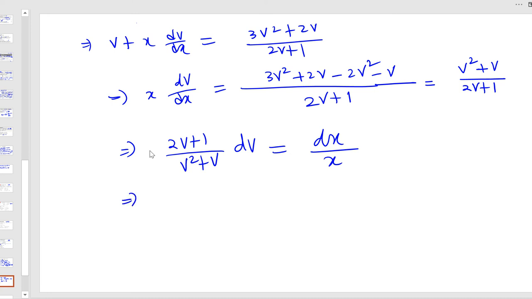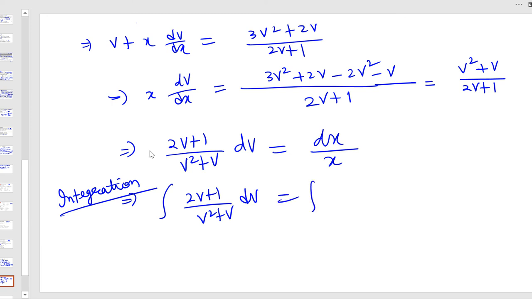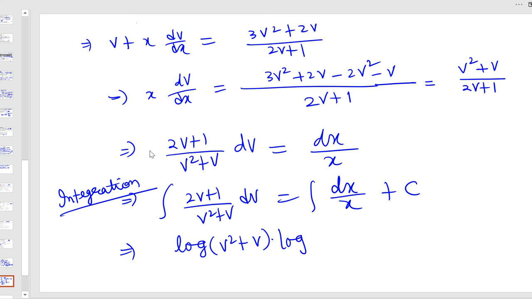So if you take integration, you have integration of 2v plus 1 by v square plus v dv equals integration of dx by x. Let us write down the constant c. Here you will get logarithmic of v square plus v equals logarithmic of x